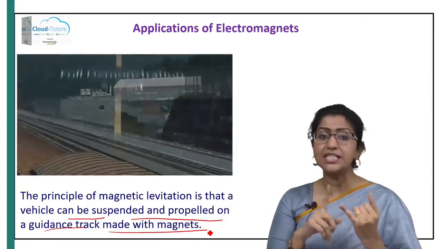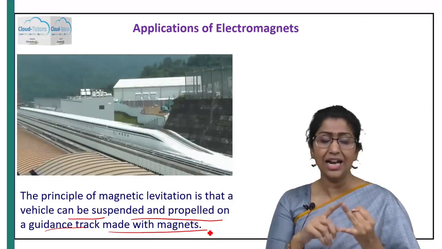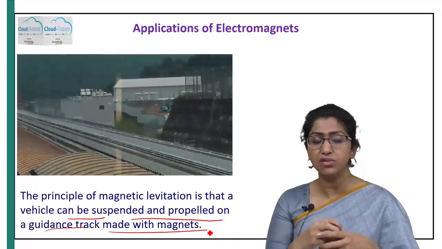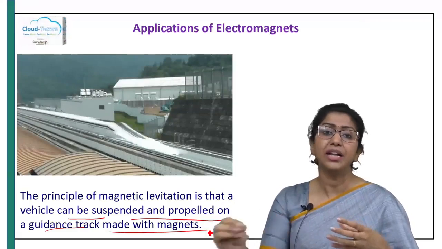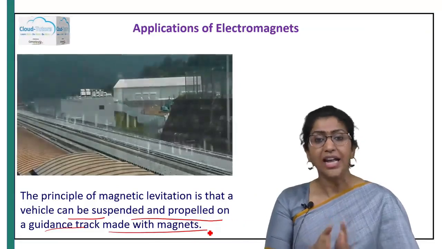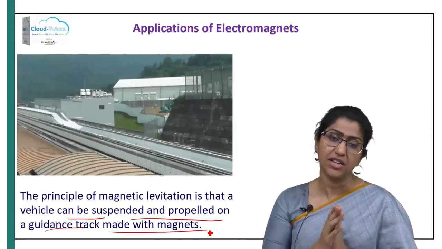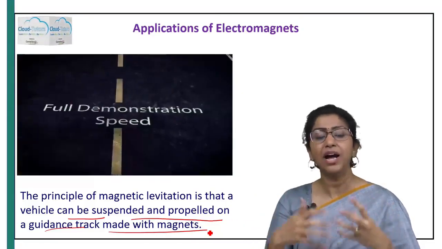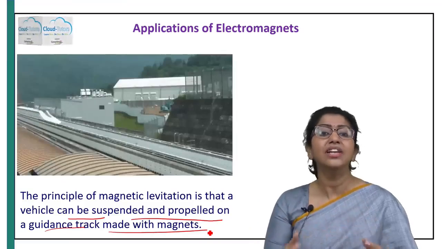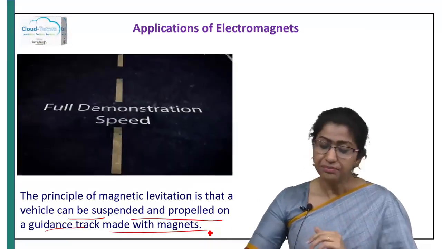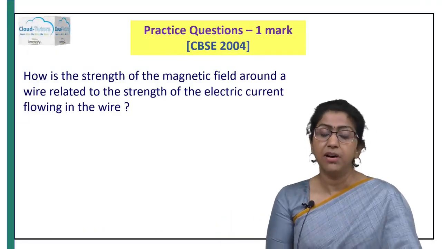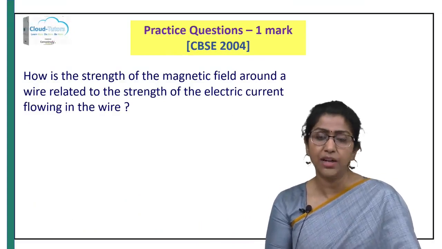speeds. So one thing is that they are way faster than the normal trains, and the kind of construction that goes into the steel railings, the railings that have to be laid from one point to another, is also another hassle which can be avoided in the case of magnetic levitation trains. Alright, the only thing is that we have to have very strong electromagnets in order to run these vehicles.